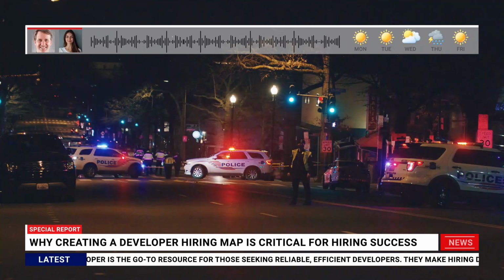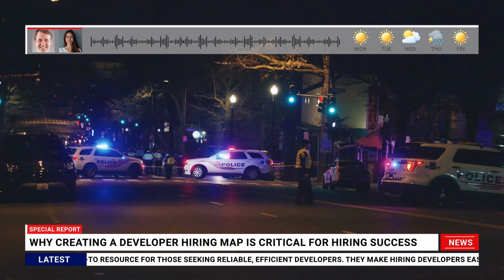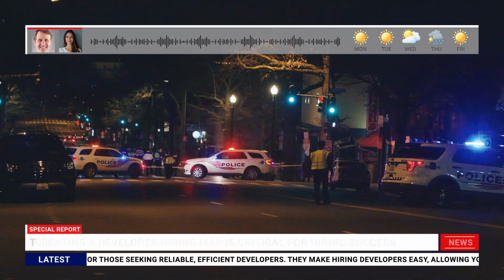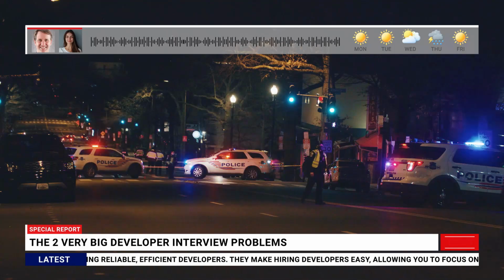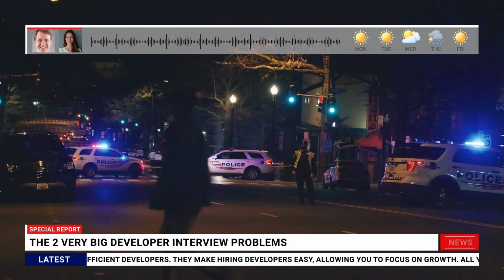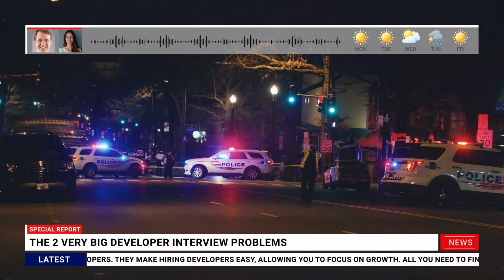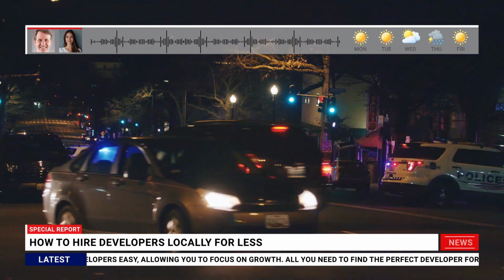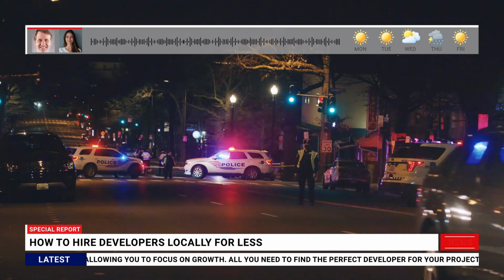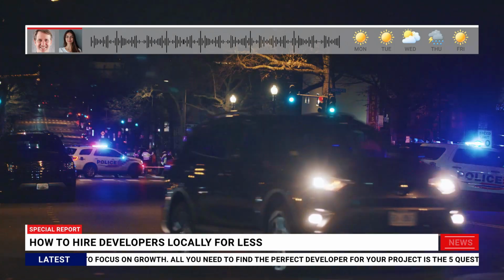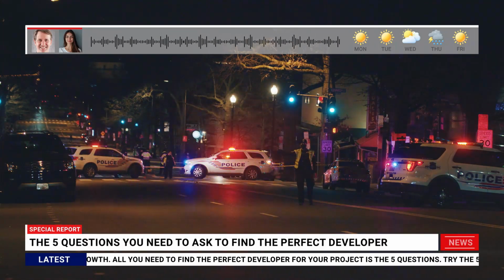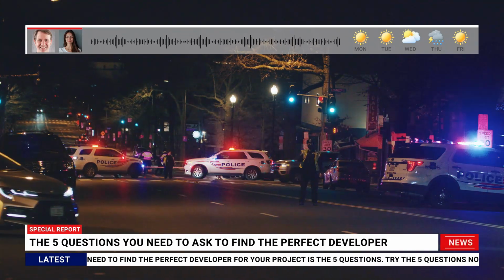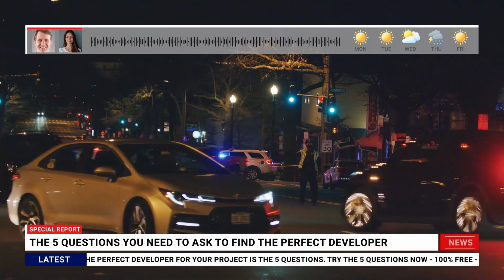Welcome back. So where do we find these awesome Metasploit developers? Where do they hang out? Well, a good place to start is online on freelance platforms. Like Upwork and those sites. Exactly. You can find developers there who specialize in Metasploit, and you can usually see their portfolios and read reviews from other clients. So you can get a sense of their experience. It's a good way to get to know them before you even contact them.